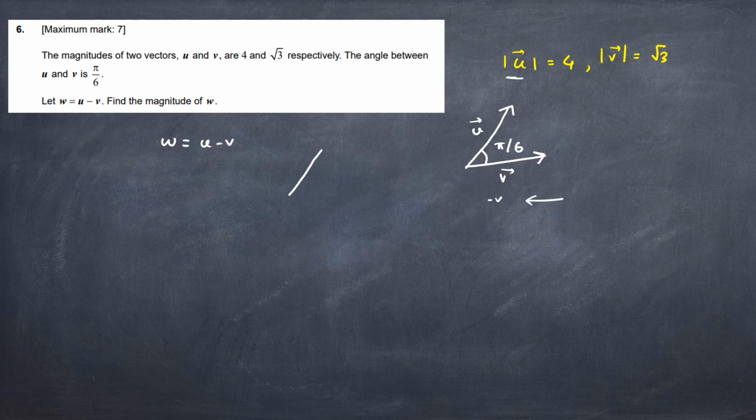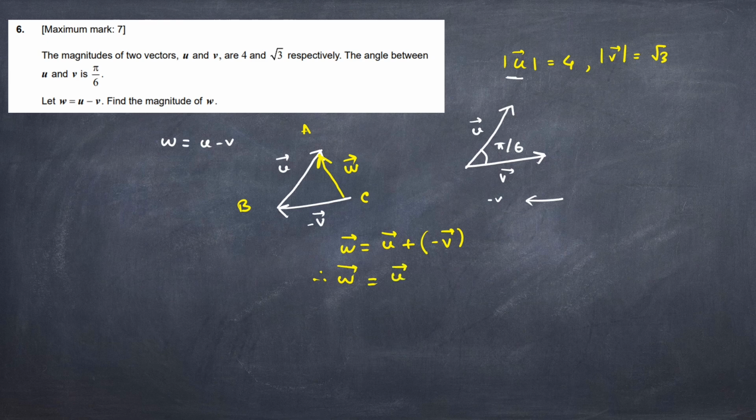So we are drawing the picture again. Just see the part. Here it is and here it is. This is now the direction of v. If this is u, now it is minus v, and now we can construct another vector from this point to this point. If this is a, this is b, and this is c, now we can write this vector is w, and at that particular time we can write w vector is equals to u vector plus minus v vector. So ultimately we can write w vector is equals to u vector minus v vector. So this part we have concluded.